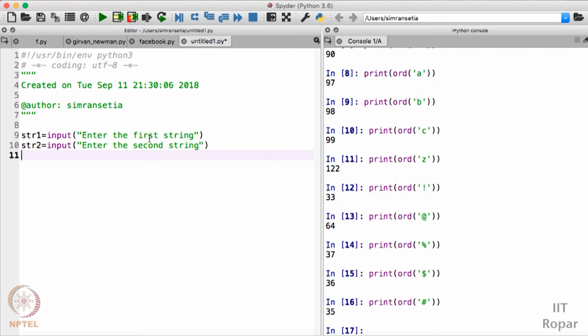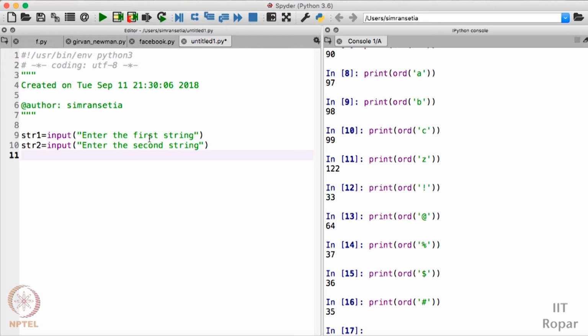For example, I showed you one example, tar and rat. Both of these strings comprise of three characters R, A and T. So if I sum the ASCII values of both these strings, the answer should be same. If the answer is same, then these two strings are anagrams, otherwise they are not.